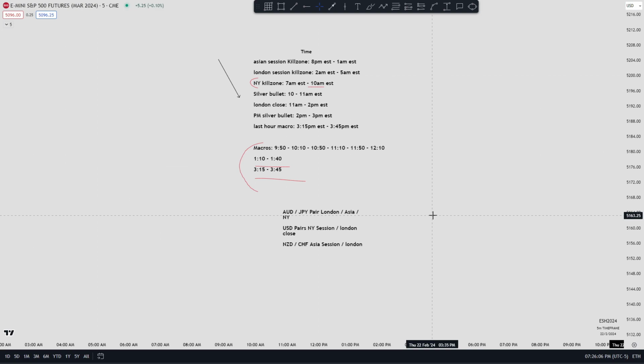For the USD, it's much easier to trade the New York session for the USD pairs because that is early in the morning, compared to the London session, which is overnight. You know, not a lot of people can trade overnight in the United States, so it's much more convenient for USD pairs to trade and move during the New York session.